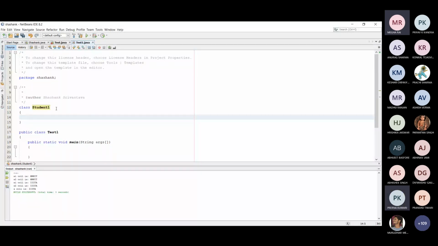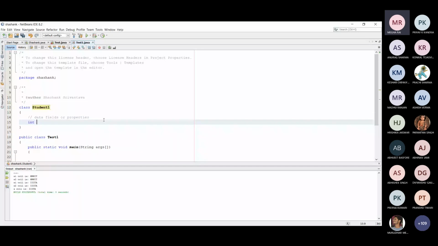So first, data fields or properties. Okay, data fields, or you can say it as properties of class. Data fields or properties. So suppose the properties of a student is integer roll number, and string name.